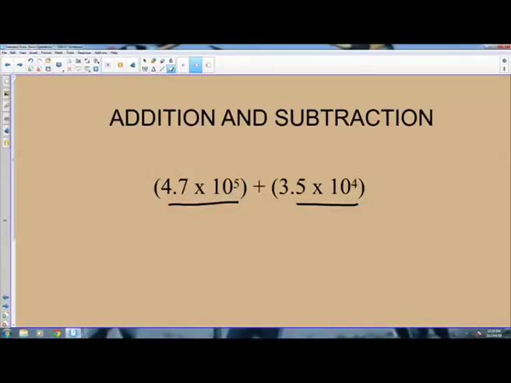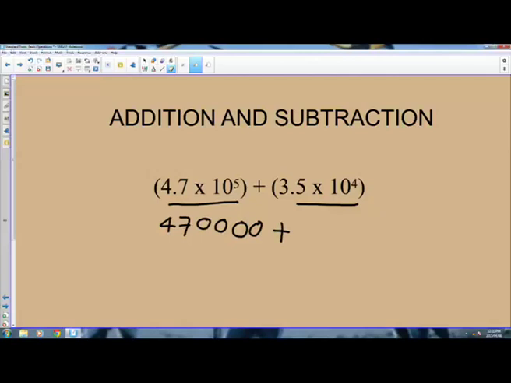4.7 times 10 to the power 5. How do we change this to an ordinary number? It will be 4.7, the point is here. So we need to move this point 5 times to the right. So this will be 4, 7, 0, 0, 0. Counting 1, 2, 3, 4, and then the last is 0. The point is here, 1, 2, 3, 4, 5. So when we write 4.7 times 10 to the power 5 as an ordinary number, it becomes 470,000